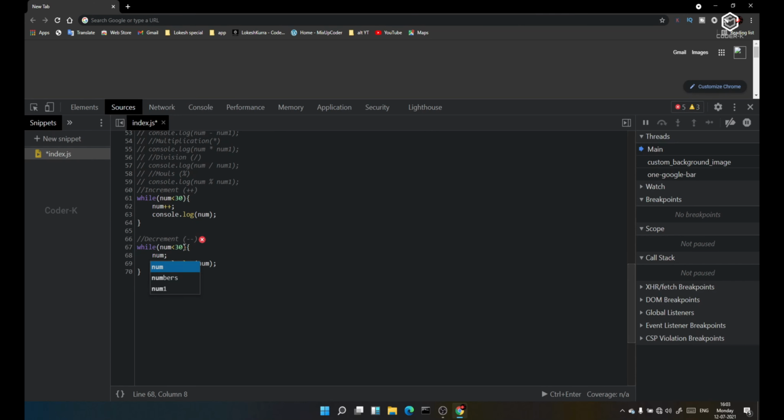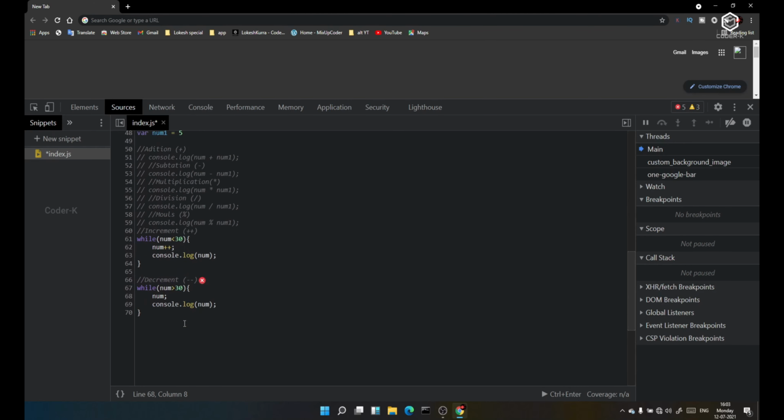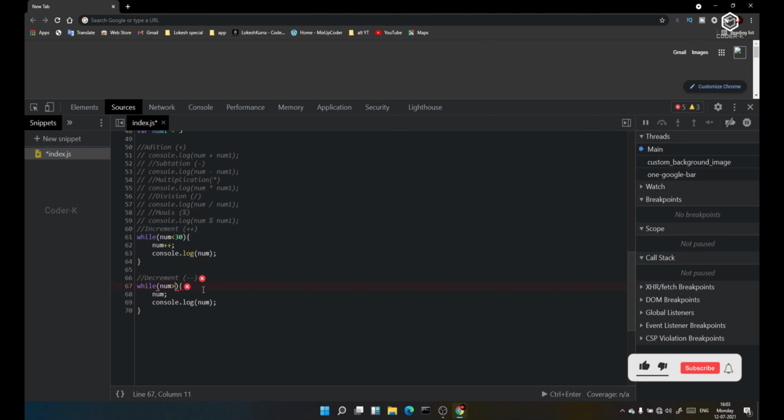I'd like to have something: if num is greater than 30, let me change, sorry, if num is greater than 30 minus, let me check this thing.